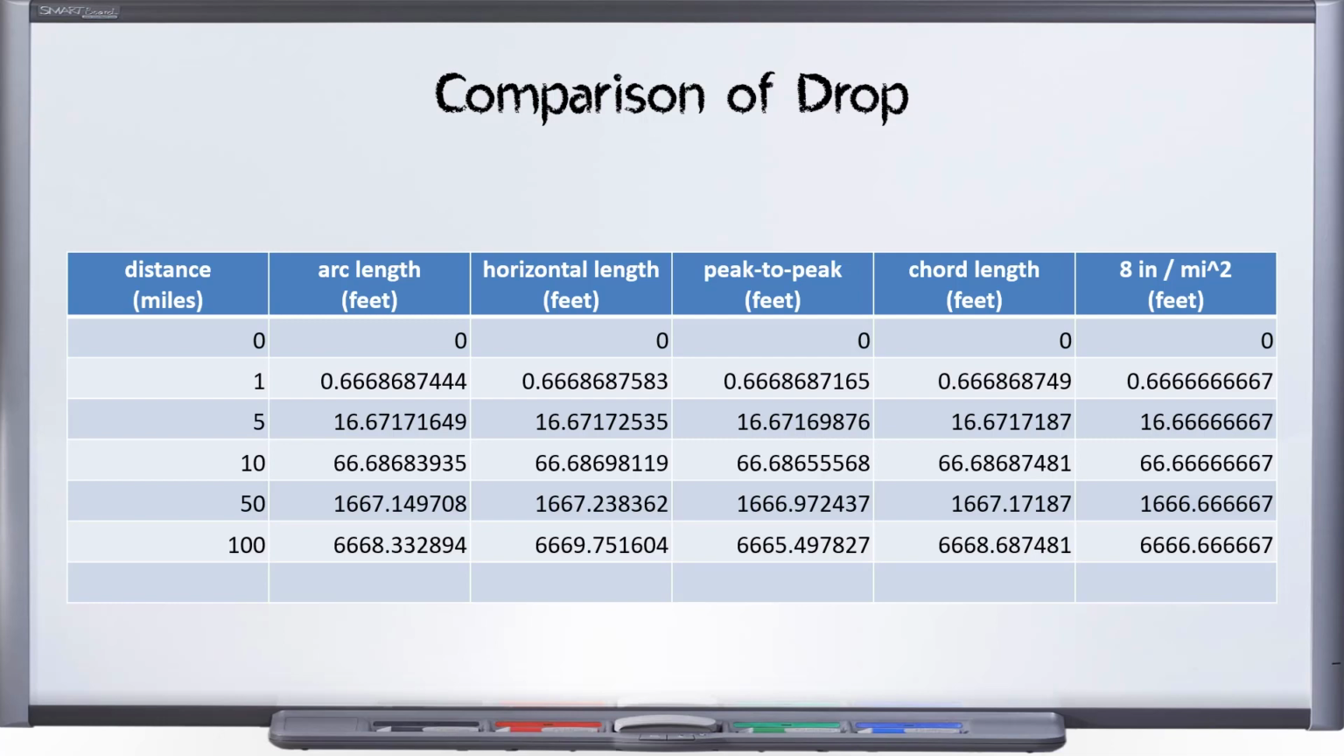Let's take it out to 1,000 miles. At 1,000 miles, here's our estimate based on 8 inches per mile squared. And here are our actual values depending on how we sliced it. I think you'll find that's still pretty decent. How decent is it? I've made a little chart. Let's cut away to that now, and I will show a graph of what we found as well as percent